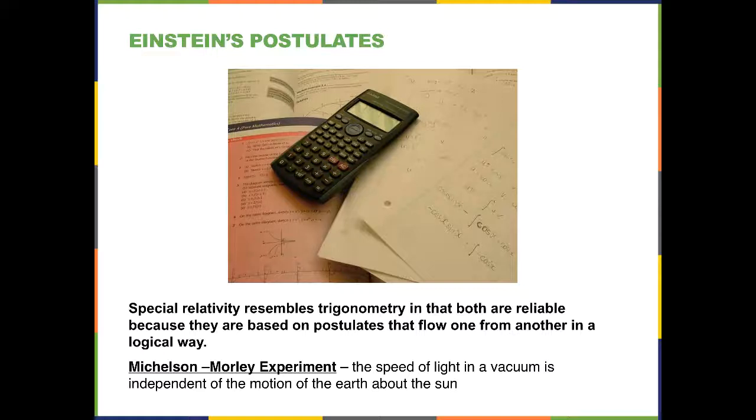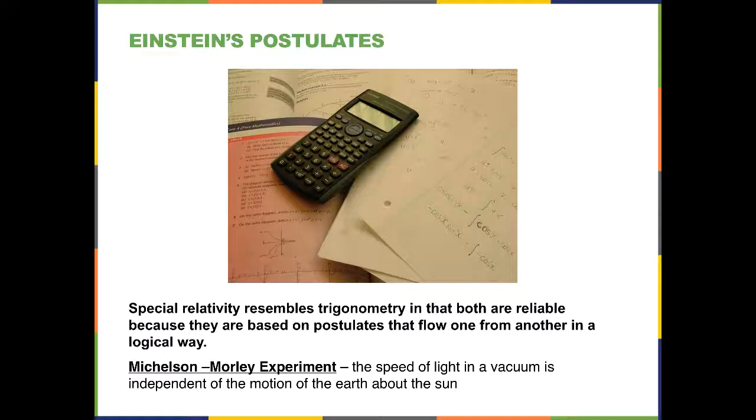It also proved that light did not travel in a medium known as ether, but it traveled by other means, that electromagnetic radiation was distinguished from other types of waves in the fact that it didn't require a medium to travel in. But that being said, when they measured the speed of light, the idea was that if you measured the speed of light in the direction in which the Earth was traveling,